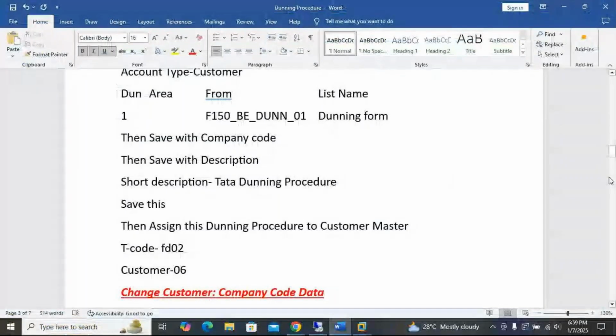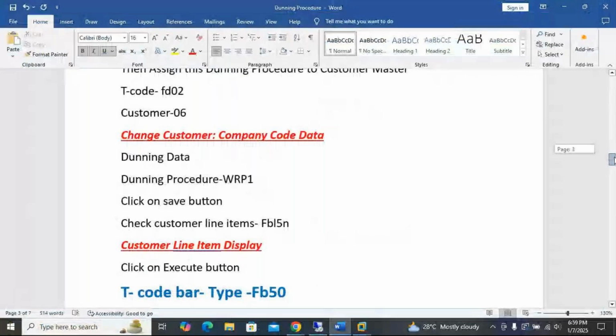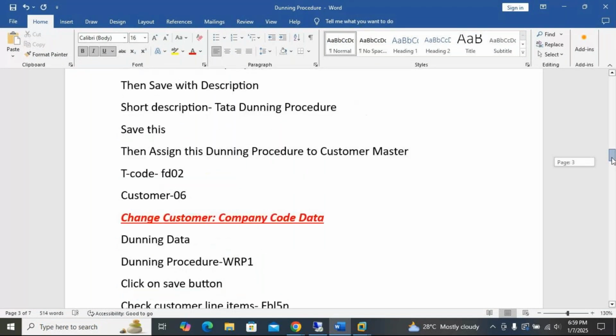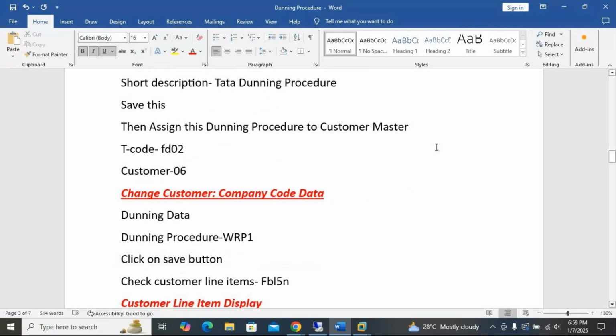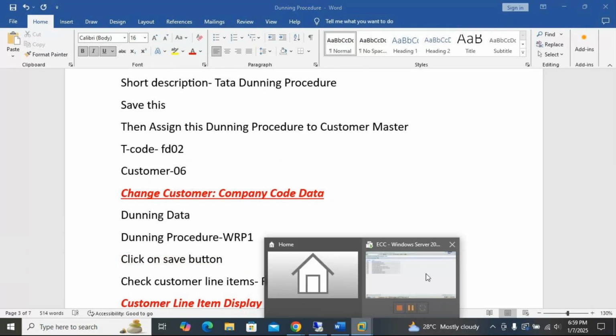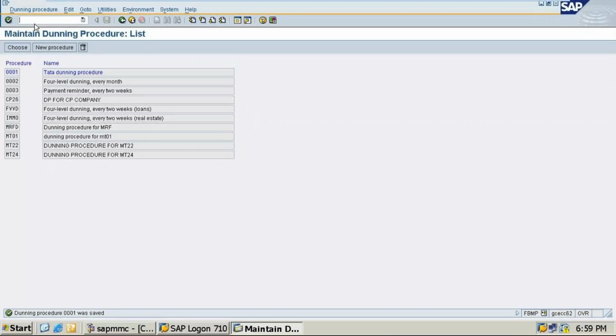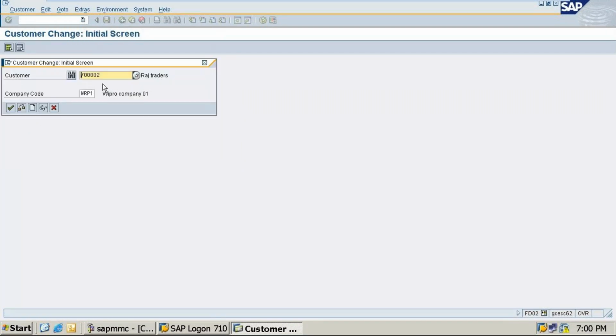Next, change customer company code data. So what you have to do? Here we are doing company masters, assign company code. So T code is FD01. So FD02, customer 06. So we have to go to /N FD02. Enter. Here it will ask for the customer and company. I'll be changing company code TA10.